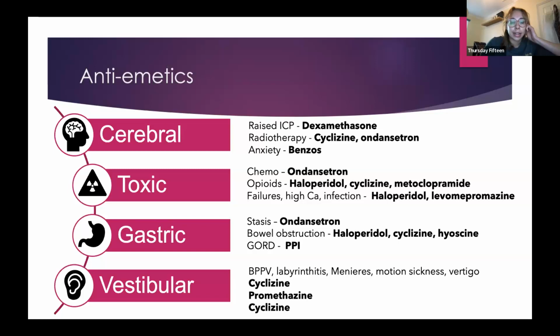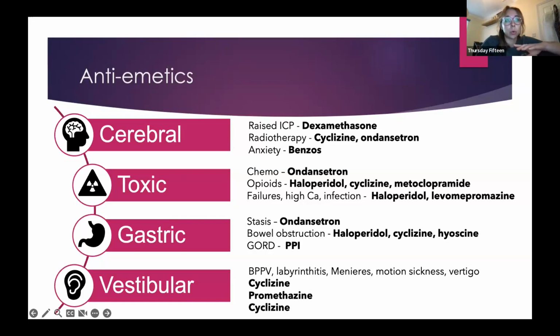So with nausea and antiemetics, it's quite helpful to think about what the nausea is coming from and why it's happening. There are multiple neuropathways involved with nausea and vomiting. You have multiple centers in your brain that are associated with nausea and vomiting, and your emetic response is mediated by different neurotransmitters, so things like dopamine, serotonin, histamine, acetylcholine, and neurokinin. So lots of the antiemetics work on those neurotransmitters. So you can group the causes of nausea into these four main areas, and you've got a good catch-all of what's causing it.